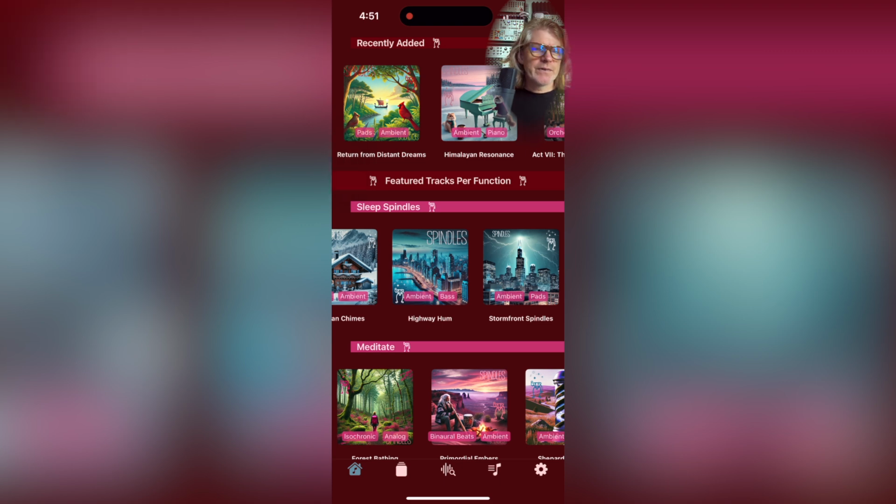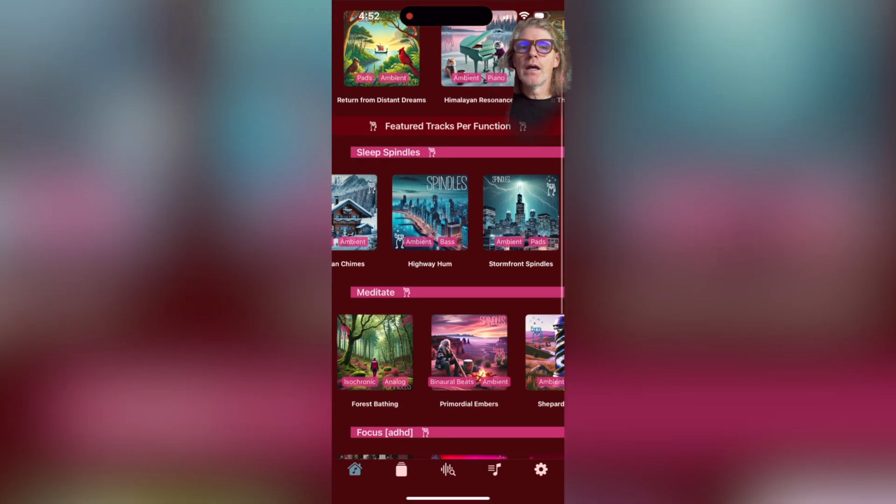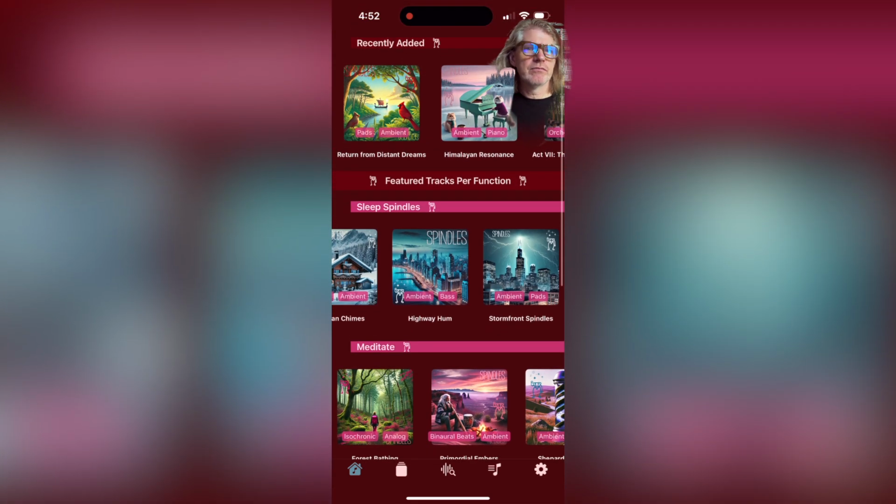So it's amorphous. I've organized it so you can find your way around and find tracks, but you can use it however you want, obviously. And I've tried to accommodate the different ways that you might use these tracks by using a keyword system, which we'll get into down the road here.